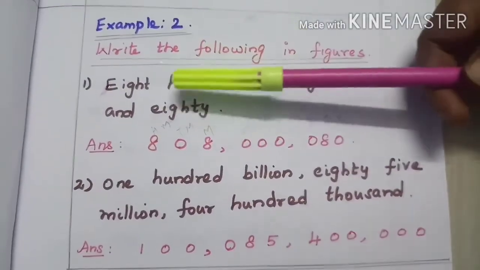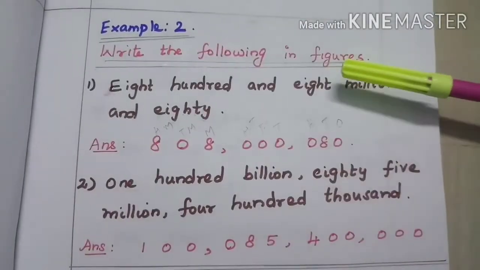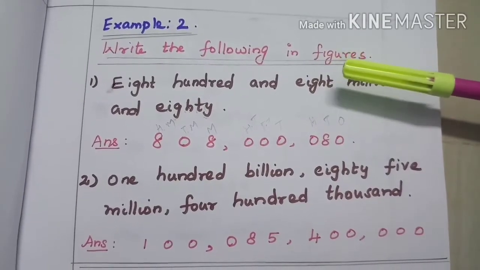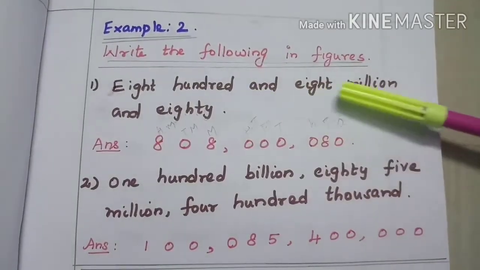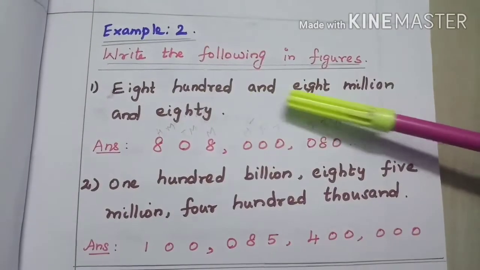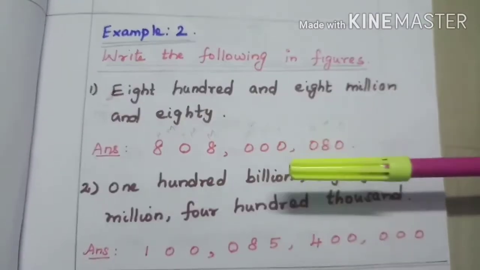Example 2. Write the following in figures. So words are given. We are going to write it in numerals. So see the first question. 808 million and 80. So you see here